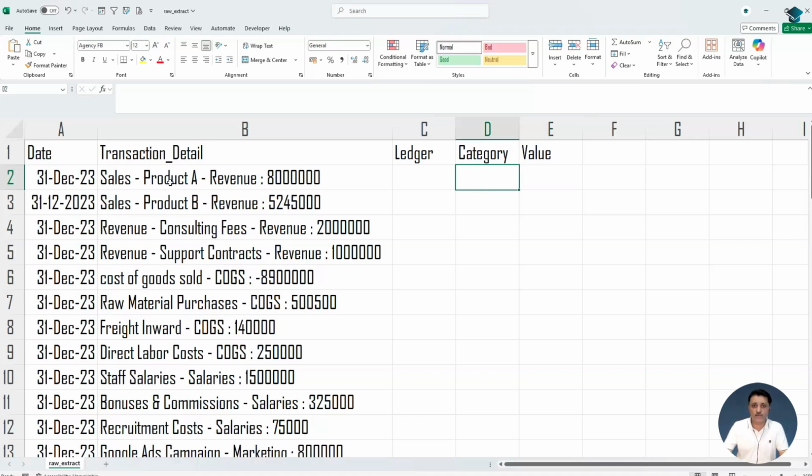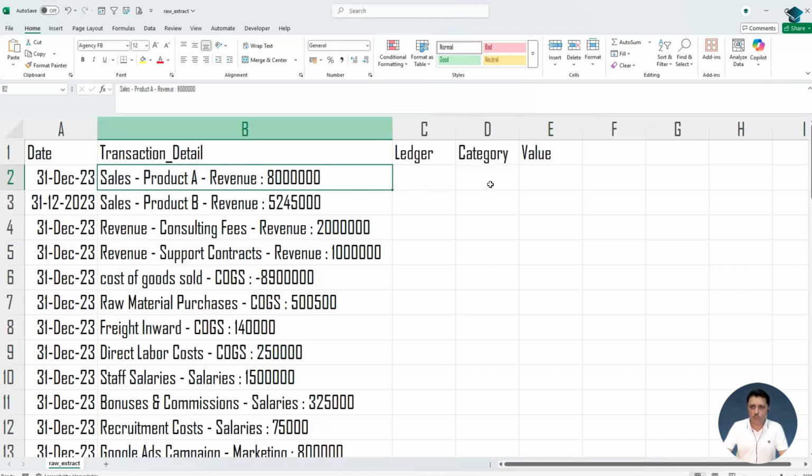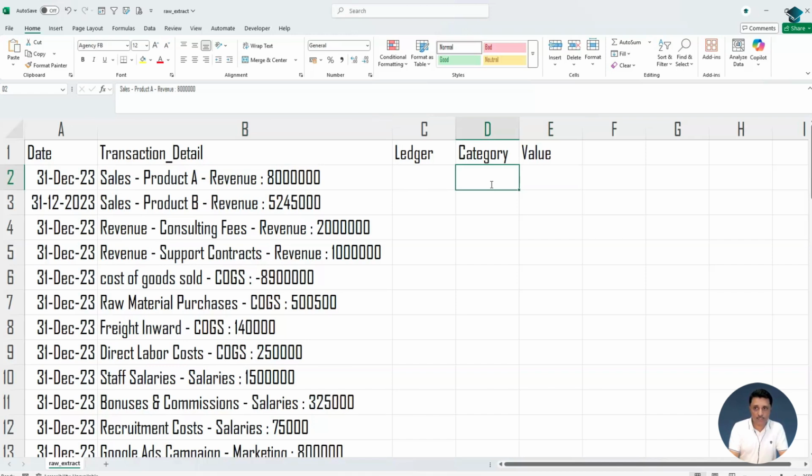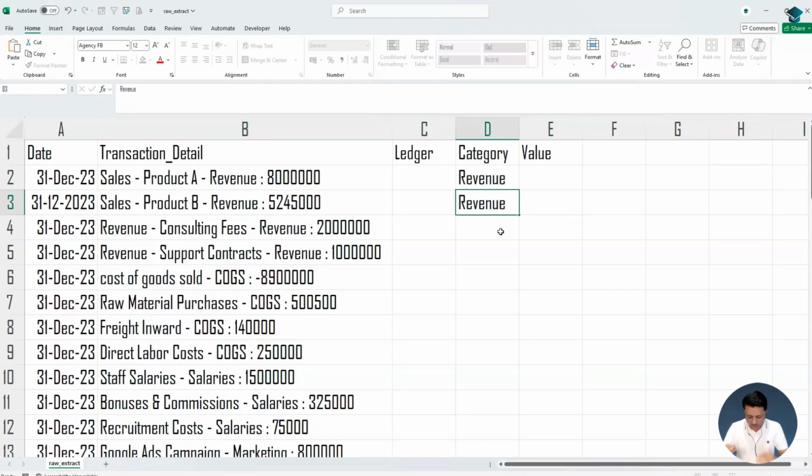Now, if you look at the first column, sales product A, and then dash revenue. So I want only the revenue to be captured over here. So what I'm going to do is, I'm going to type in that very word called revenue over here. I type. Next, again, the second line also, it is called REV, revenue over here, product B revenue. Again, I'm going to type revenue over here. Now we are going to